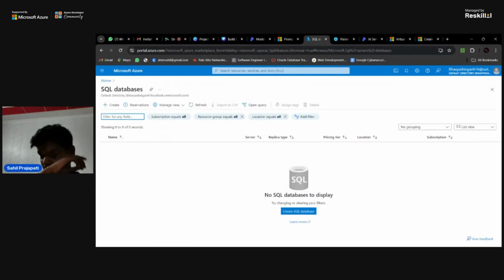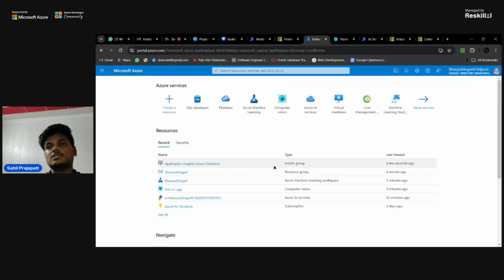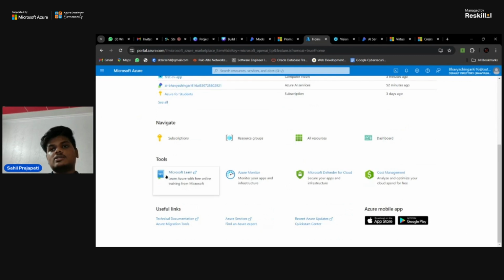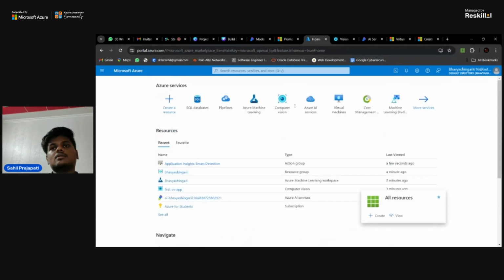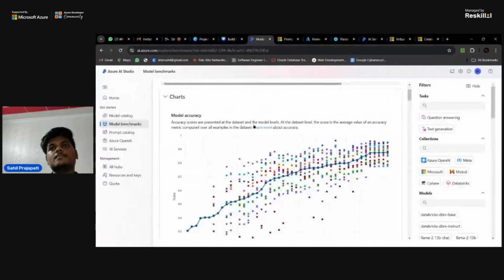You can also use databases. You can upload a file here, create a SQL database, and associate this database with your Azure AI services. You can also use this database for other things such as virtual machines, machine learning models, and automated machine learning models. You can associate it with everything. Because Azure is a collection of different types of resources,